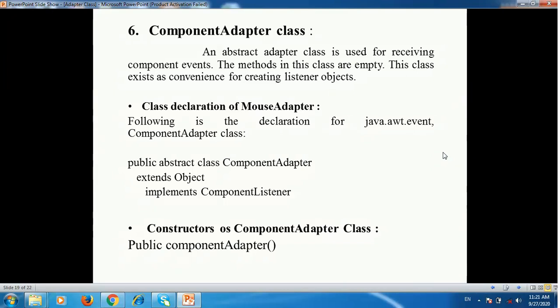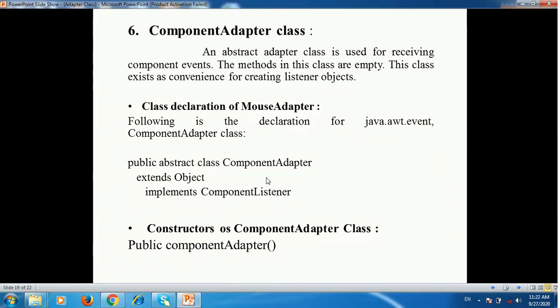It means all the component related events are present in the component adapter class. So the component adapter is used for receiving the component event, and the methods in this class are empty, and this class exists for convenience for creating a listener object. Next is the declaration of the component adapter class.